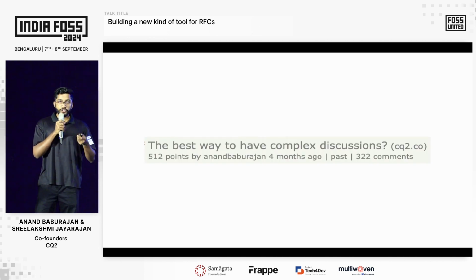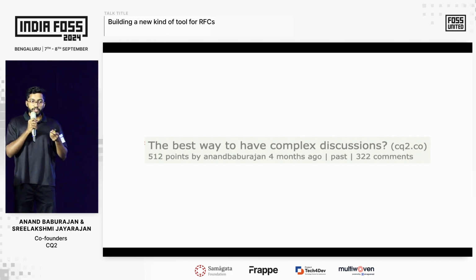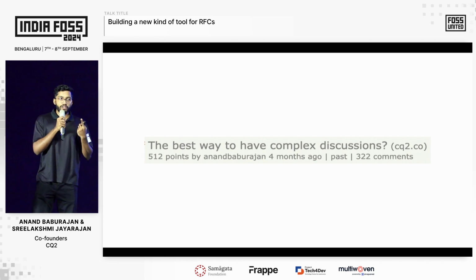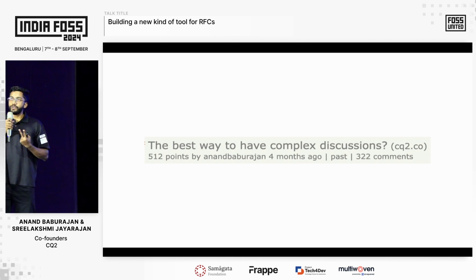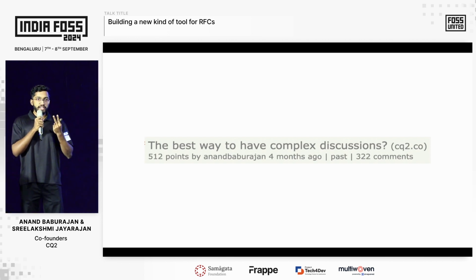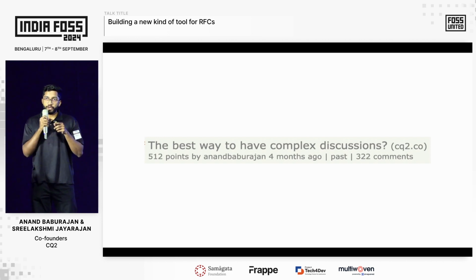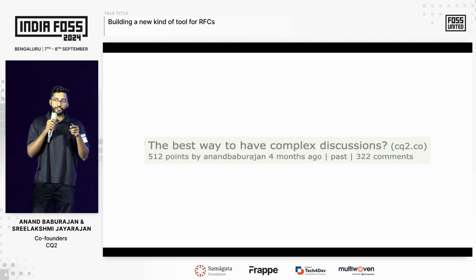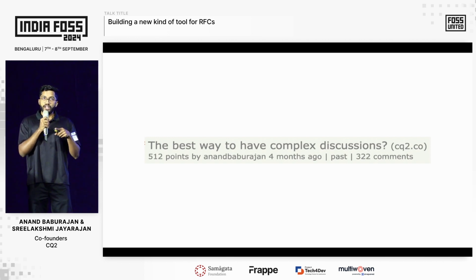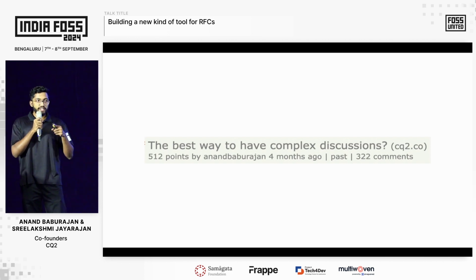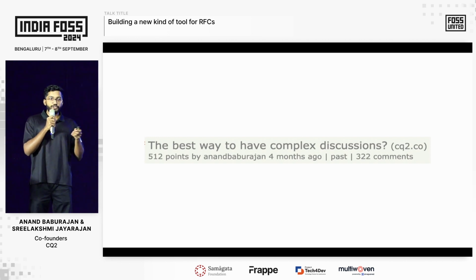So the next step was talking to users on our early access form. And here's what we learned. So one, most of those people weren't really interested. They just liked the idea and they found it cool. Two, some of them had really interesting ideas on where CQ2 should go. Some of them wanted a particular note-taking tool, a popular one, but in CQ2's UI. One of them wanted a chat app for complex discussions with his partner. And one of them wanted Reddit and Hacker News, but in CQ2's comment section, and so on.